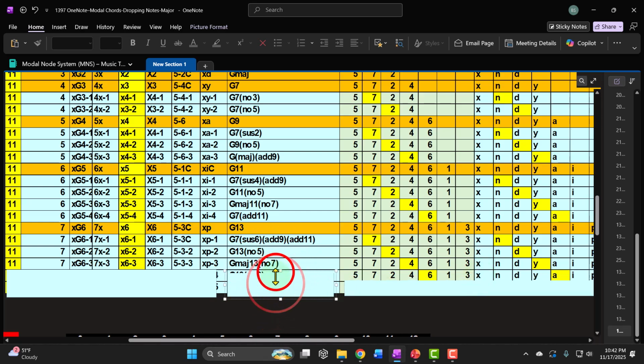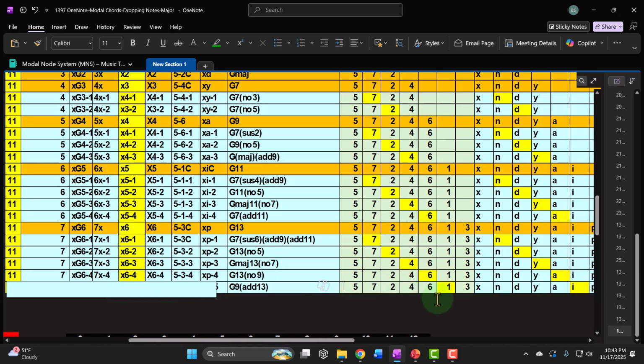So then if I was going to drop the 9, it would be a G13 No 9, which I'd rather call a 7x negative 4 or an x6 negative 4. And then finally, if we're going to be dropping then the 11, then you would think it would be a G13 No 11, but we usually don't go long and then drop short. Under the standard convention, we go short and then add the long, which would give us G9, which is a G9, not a G major 9, because now we have the 7, which is the distinguishing factor, and then add the 9. I'd rather call it a 7x negative 5 or an x6 negative 5,